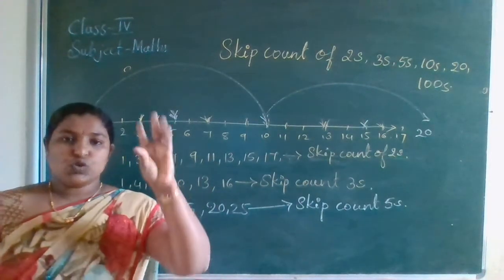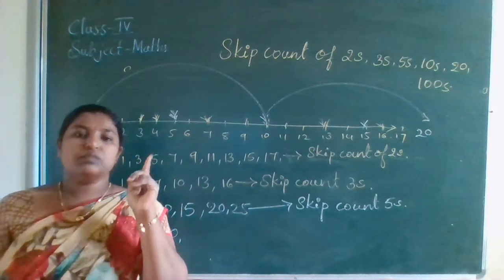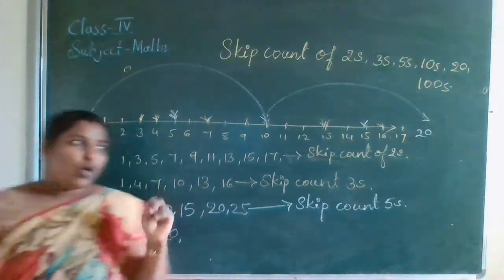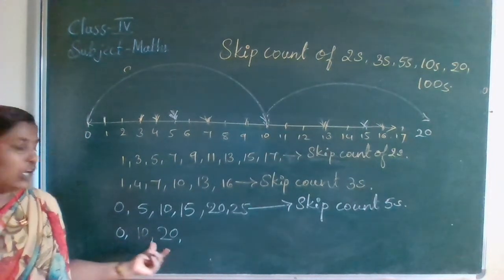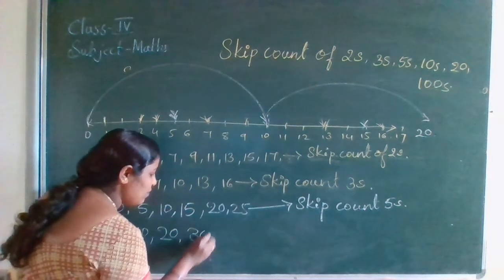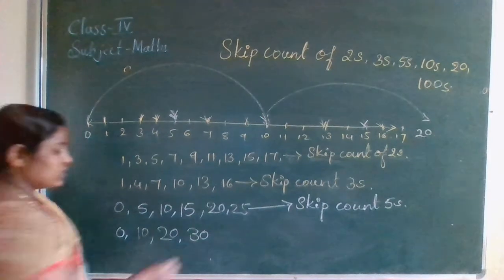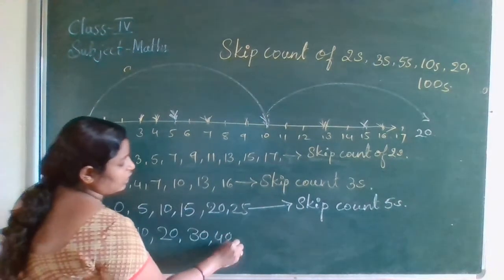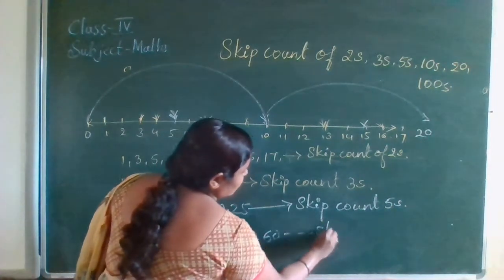You should use these 5 fingers only 2 times, and that will become skip count 10. By seeing this you can also write 10, 20, next will be 30. These are the multiples of tens, the multiplication table of tens: 30, 40, 50, 60, and this is skip count